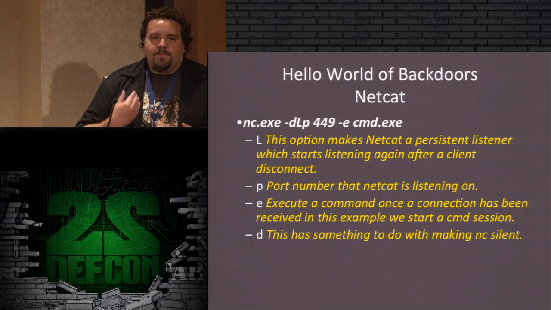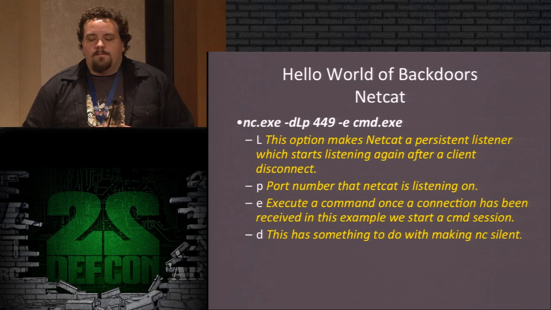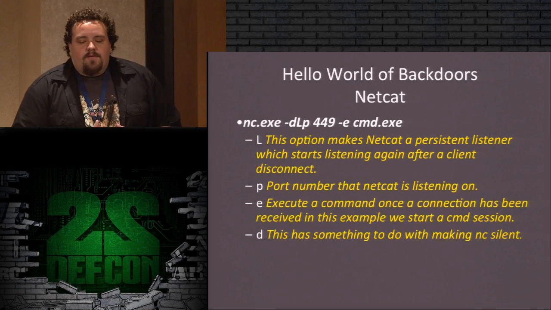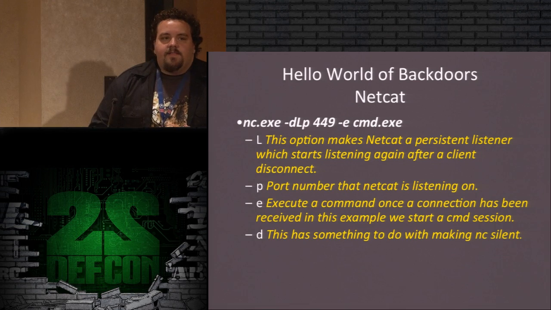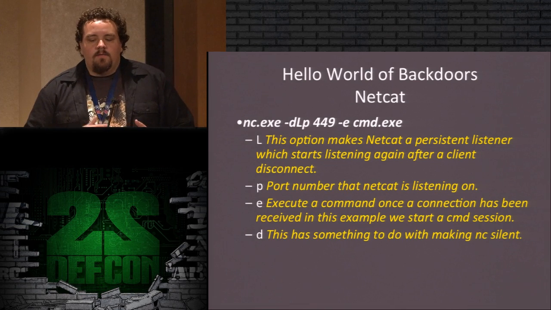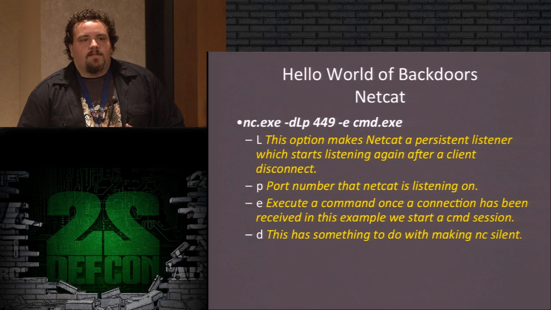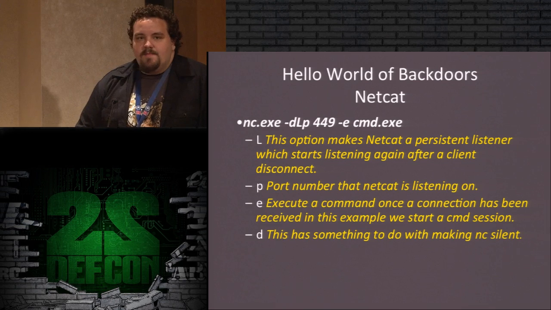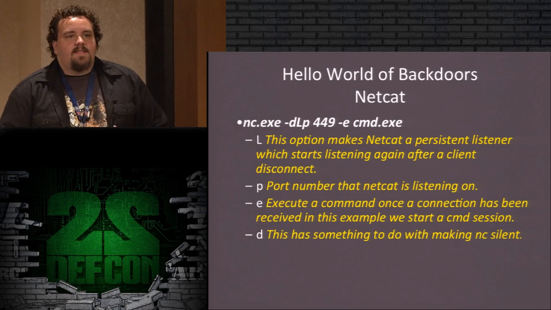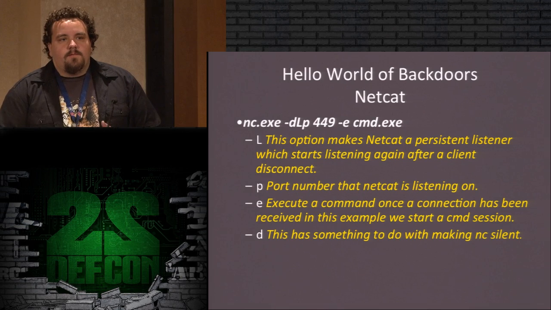So we get Netcat from Kali or wherever we're going to grab it from. And then we're going to set up a backdoor, right? In this command, we're running Netcat with a listener on port 449, and we're telling it to execute the command line CMD. So as soon as I connect to that port through Netcat as a client, I'm going to get a command